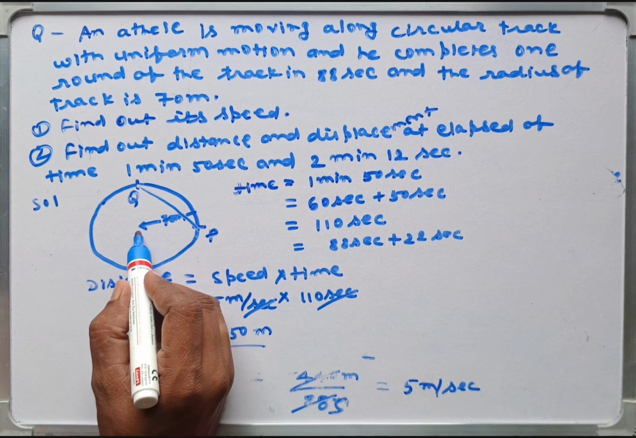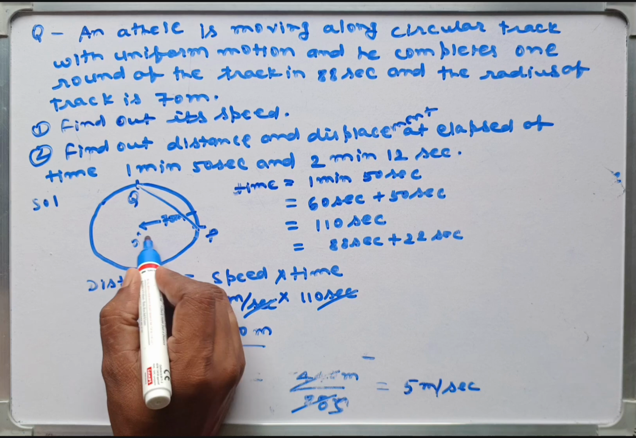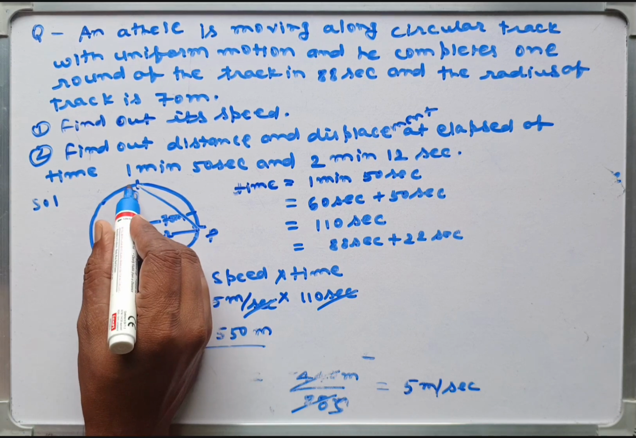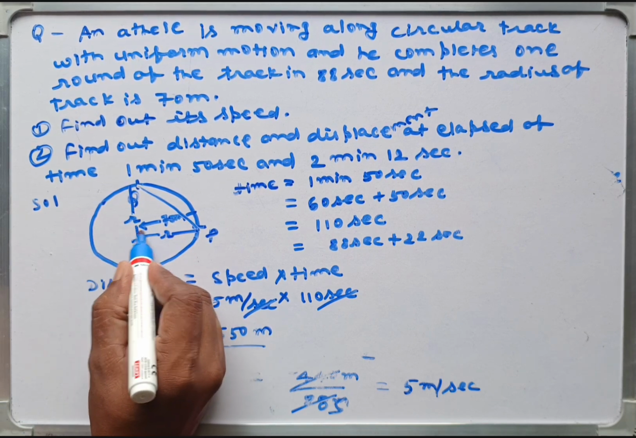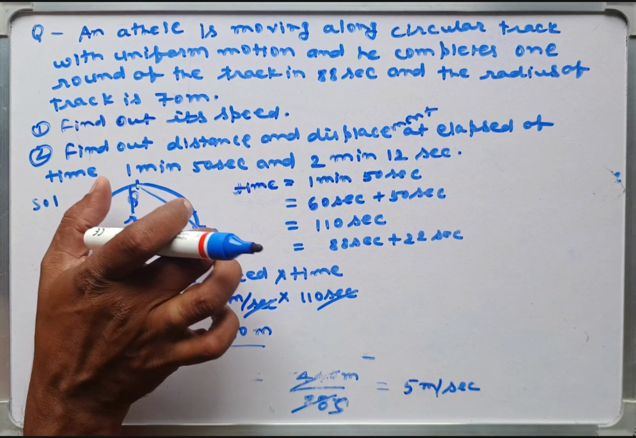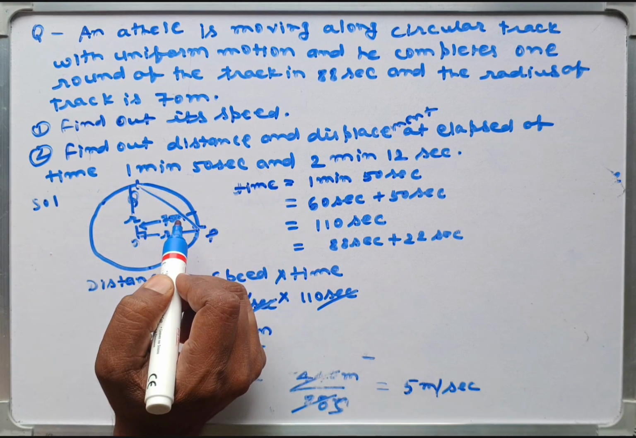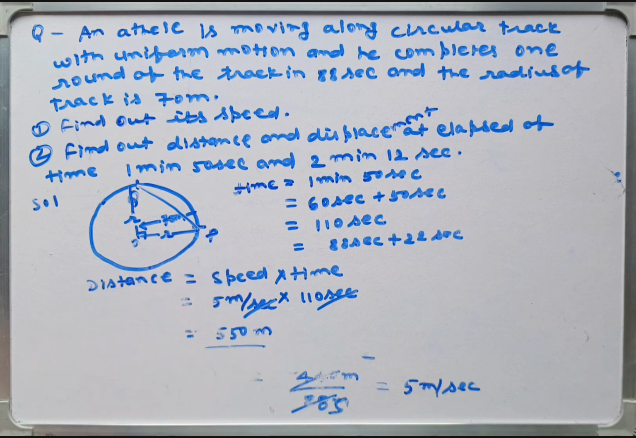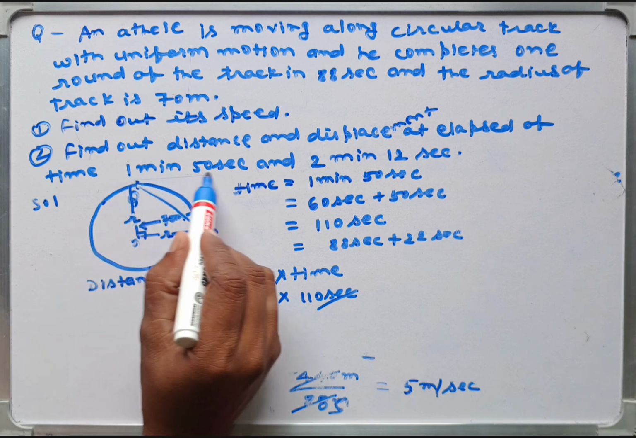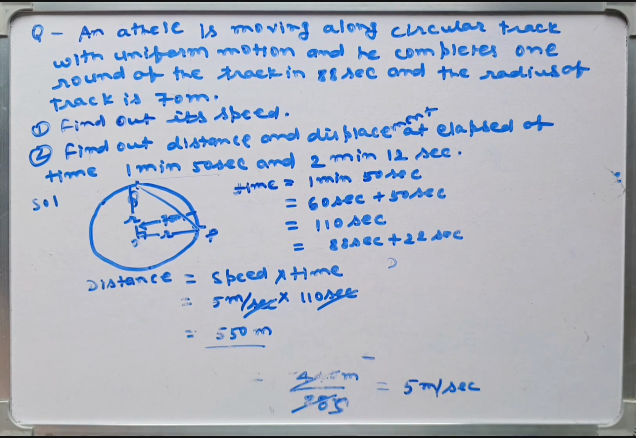So you can know if this one is a radius, say r, and this is also radius r, then this angle is what, guys? Right angle. So if you get the hypotenuse or length of this right angle, then it will give you displacement of the athlete after elapse of 1 minute 50 seconds. So we can write here displacement